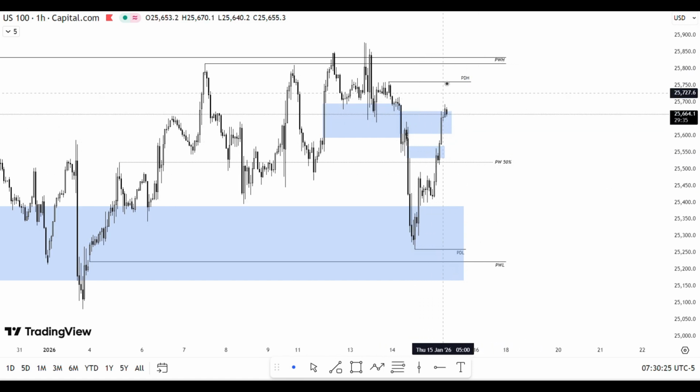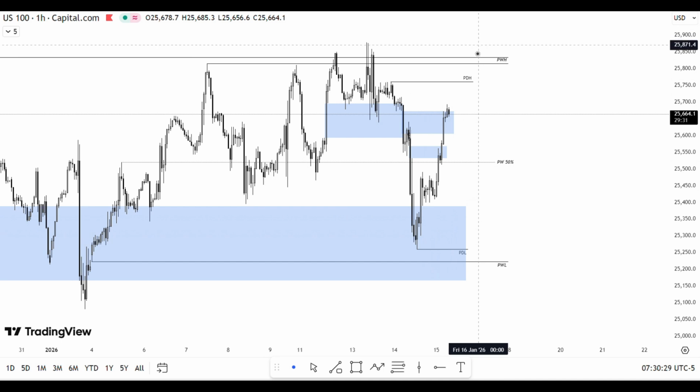What I'm expecting for this day is, if it goes before the market open, then we will not do anything. But if it just comes down a little bit and gives us a little bit of manipulation, then we will see how the low is forming, and with the specific rule we will discuss. For now we are just giving a little deep insight into what we are expecting for this specific market.